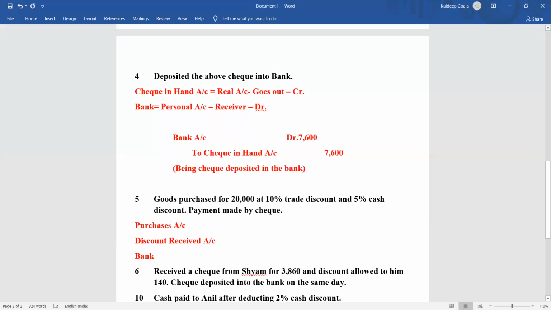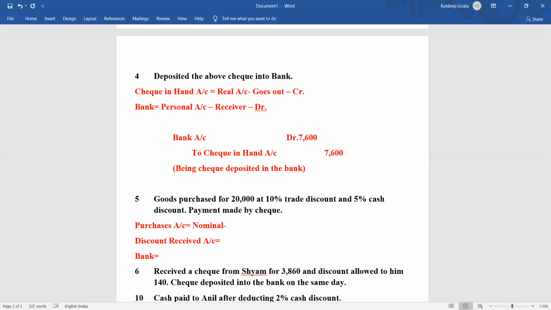Only at the time of receiving you have to be a little conscious whether it is check in hand or not. Most of the time you will not get it in these journal entries, whether it is in a cash book or another chapter. But if you get it, this is how you treat it, as we learned in the previous entry. Purchase account belongs to a real account, right? Or nominal account? It is a nominal account, remember that, but the rule will be real account, so that we can easily understand the entry related to goods.